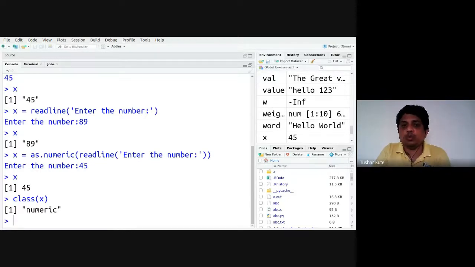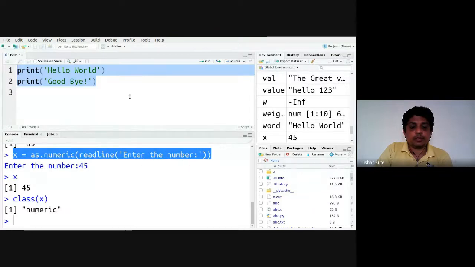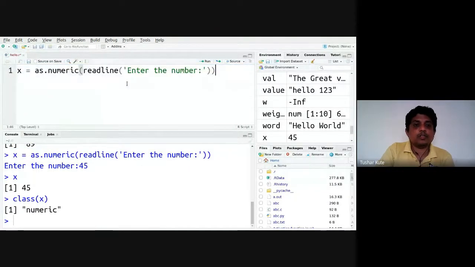For example, I want to do the addition of two different numbers. So I'll go here in the source and write these statements. Enter the number. The first number I'm reading and storing into the x variable.